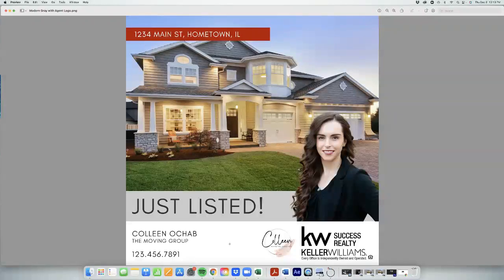And then the last thing you'll notice on this design is my personal logo. So now for your personal logo or your team logo, especially if you're deciding to buy one and you are getting it designed outside of the office, I do want to just highlight a few things. So your logo has to be the same size or smaller as our KW logo, no matter what. So if you're going to throw your logo on there, you have to throw our logo onto the design